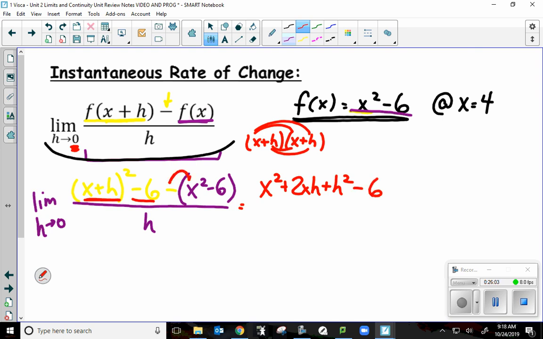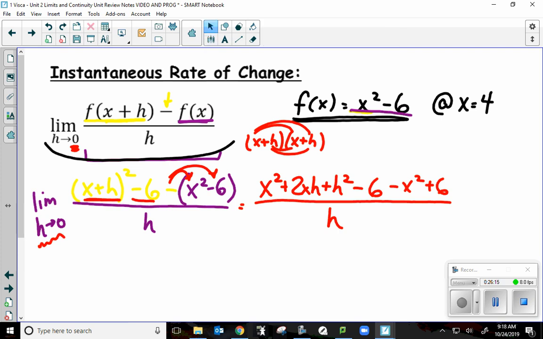And then I've got to distribute this minus sign to all those terms. So minus x squared plus 6 all over h. This is still the limit as h goes to 0. Okay? Now, if I did this right, two things should always happen. The first thing is everything on top that does not have an h should cancel out